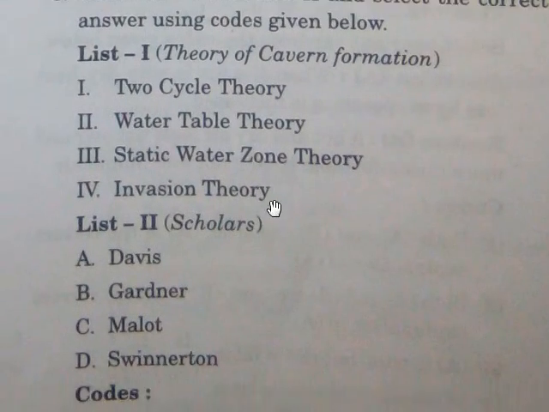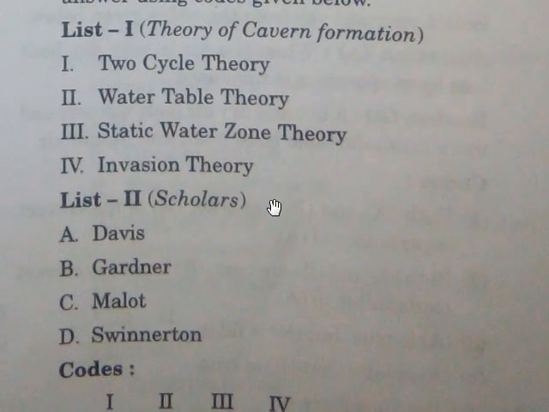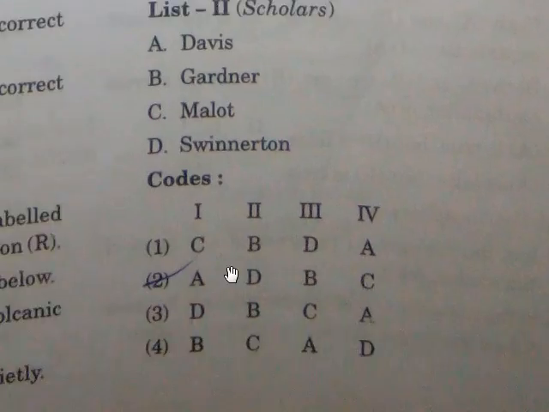Match List I and List II: theory of cavern formation and scholars. So two cycle theory mainly given by Davis, and water table theory given by Swinnerton, and stagnant water zone theory mainly Gardner, and invasion theory mainly given by Malott. Next,